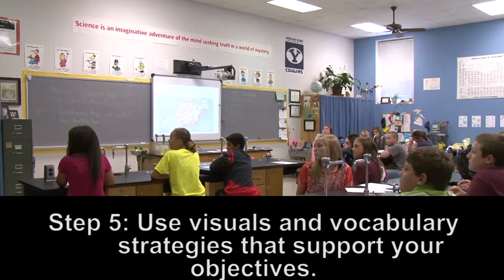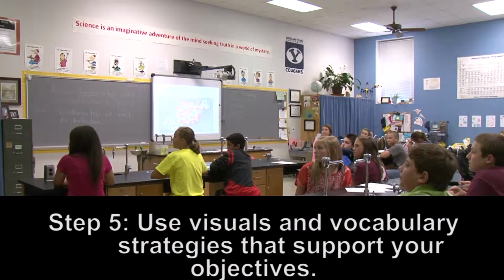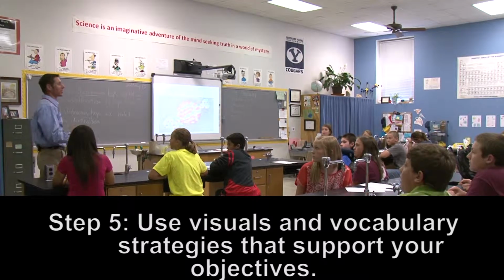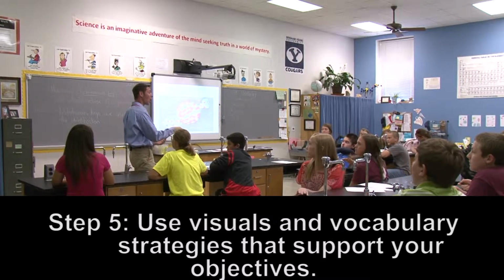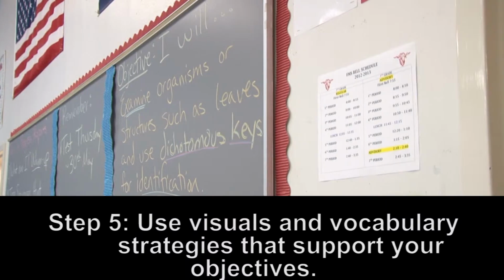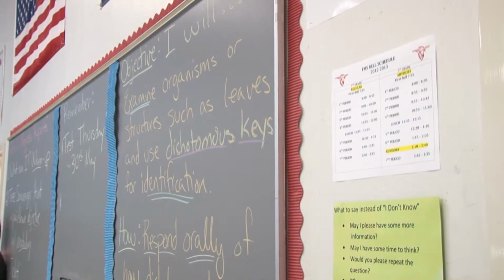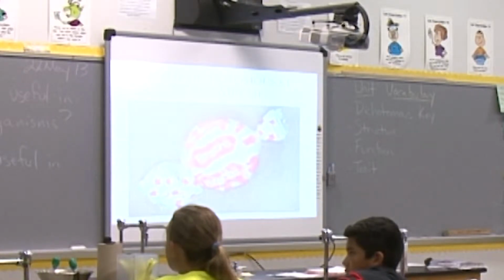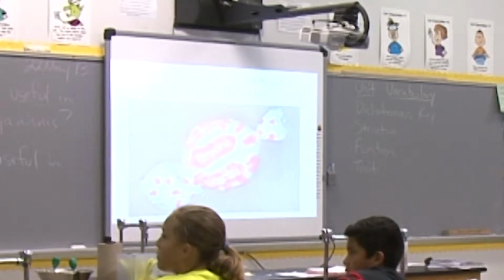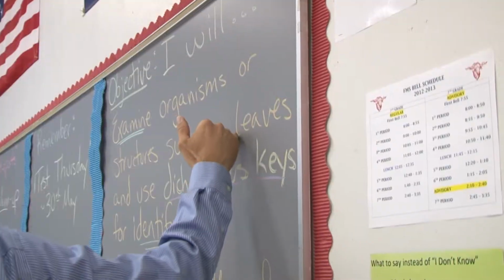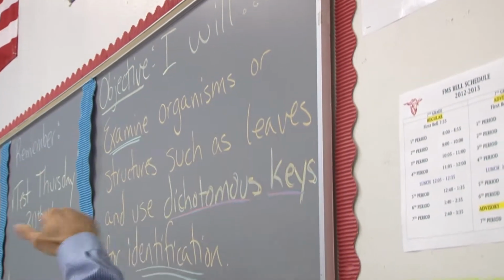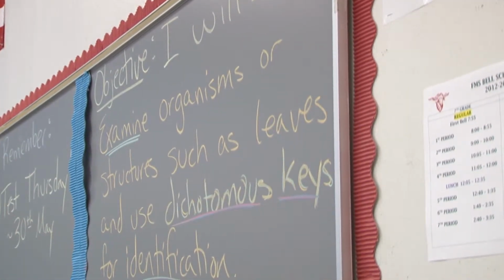As we remember, again, our objective. What are we doing today? What are we expected to know? Not just know, but also we want to really apply. What we want to do today is examine organisms or even structures, such as, here's a structure. It's not living, so it's not our organism, such as leaves, which we've done, and use dichotomous keys for identifying